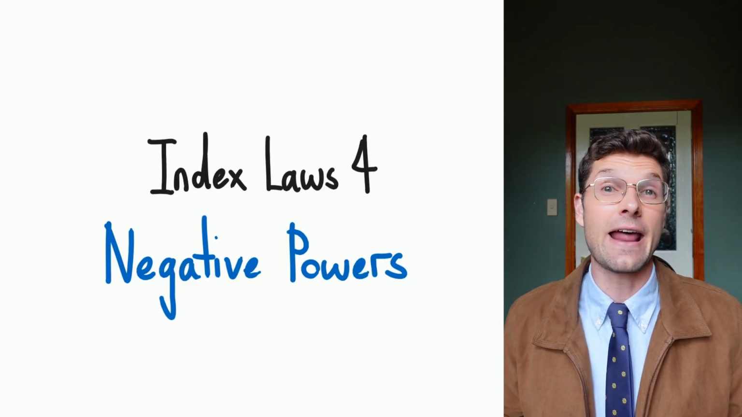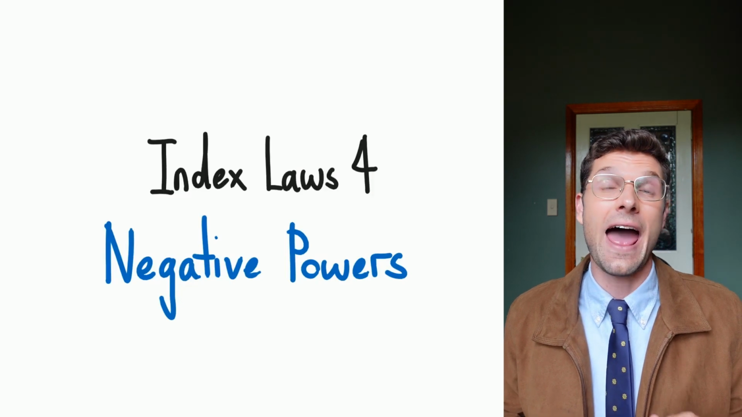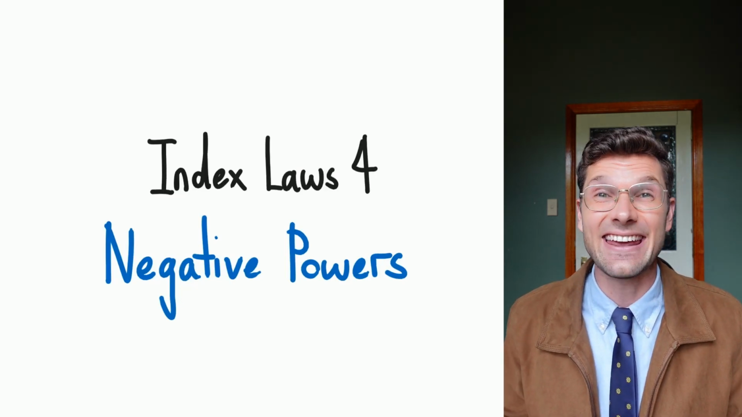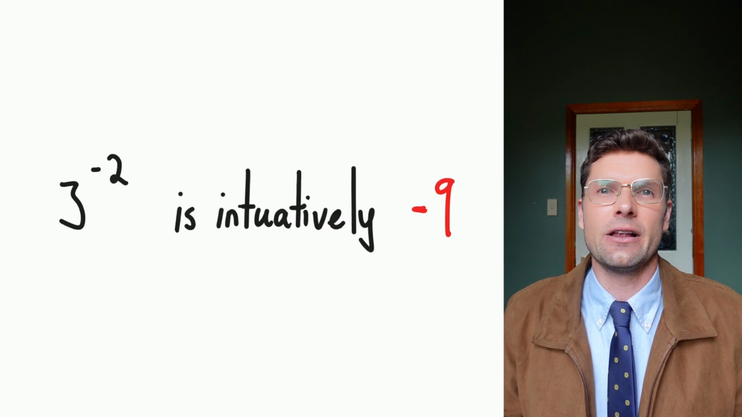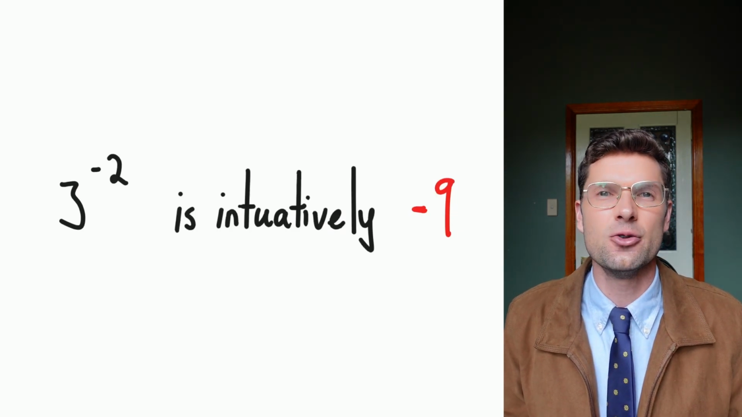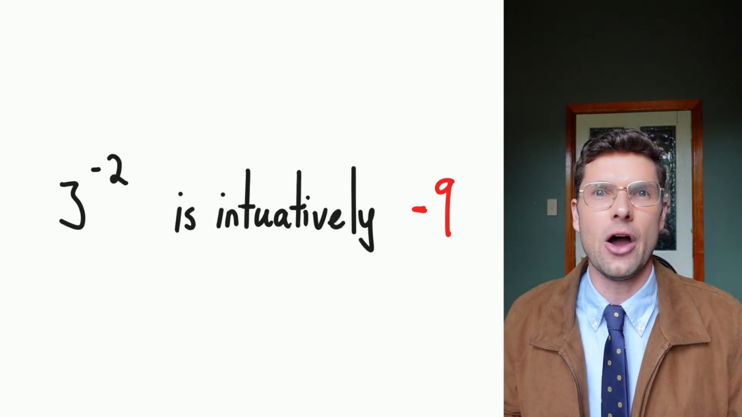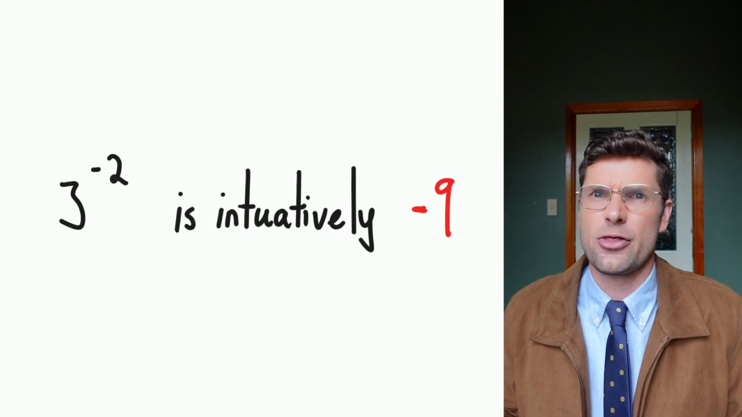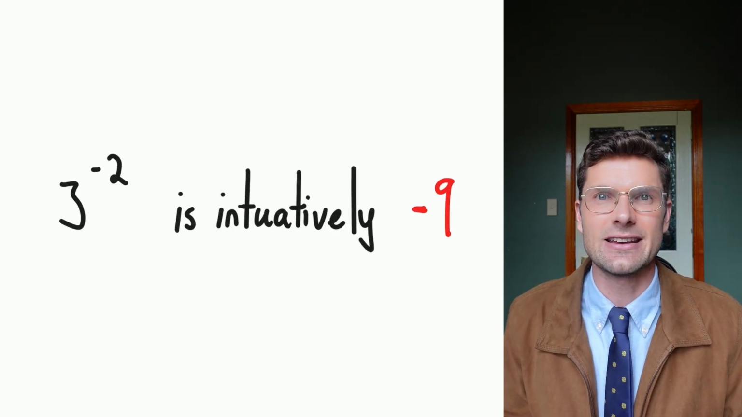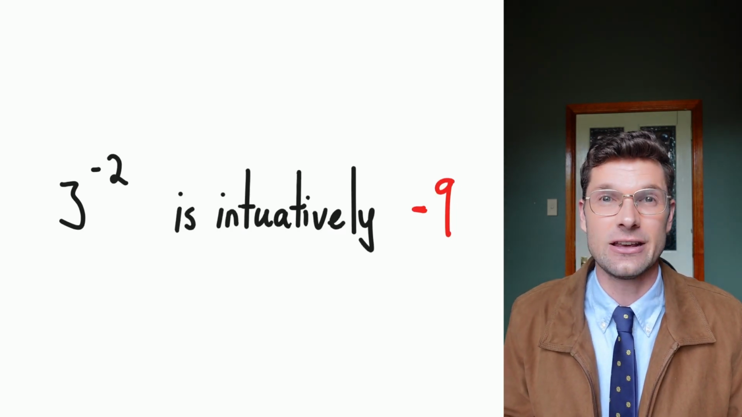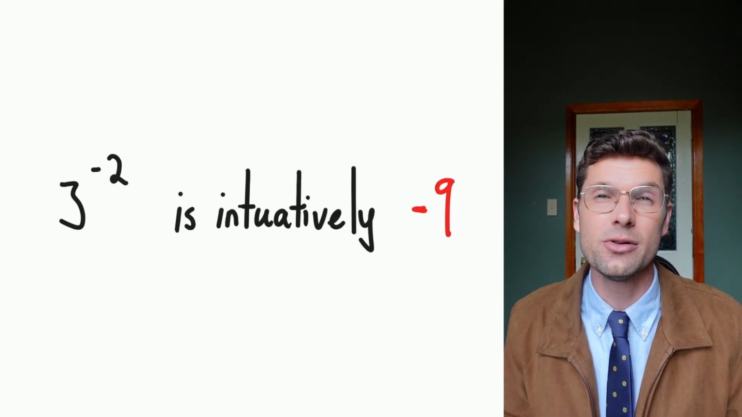Today we're going to have a look at our fourth and final index law, and this is what happens if we have a negative power. So if I ask you intuitively, hey, what's 3 to the power of negative 2? A good guess would be negative 9. 3 to the power of 2 is 9, so throw a negative in there. Negative 9 makes sense. But this isn't actually correct, and we're going to prove it in a couple of different